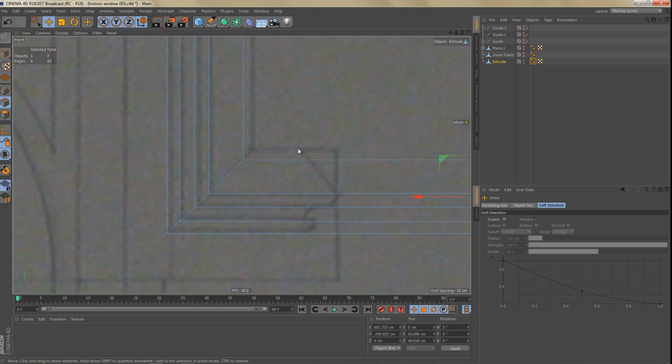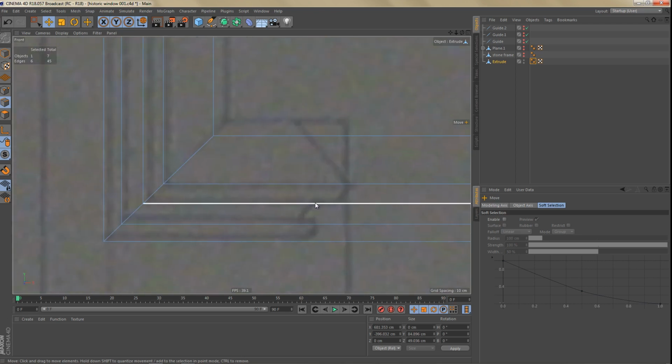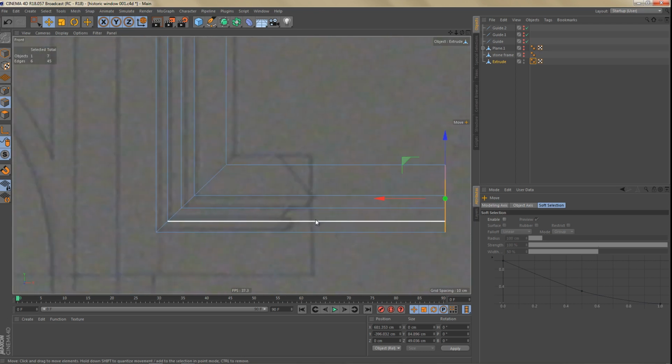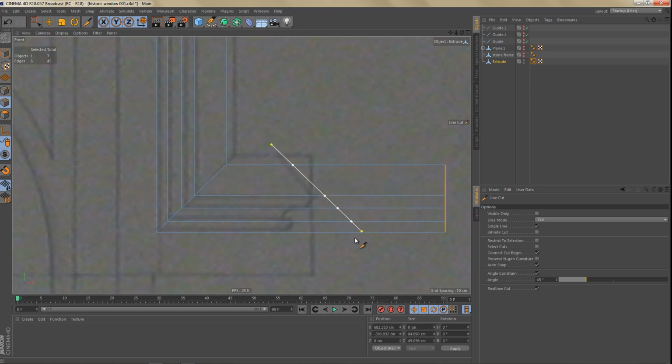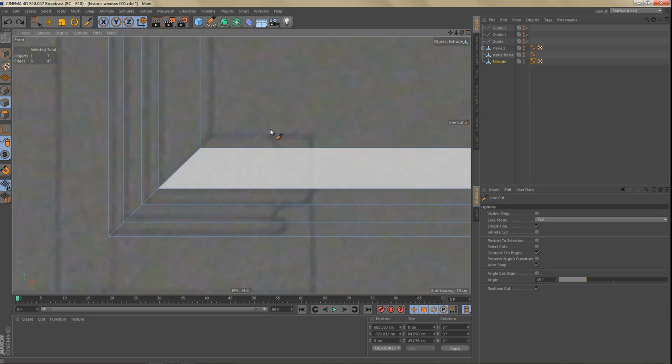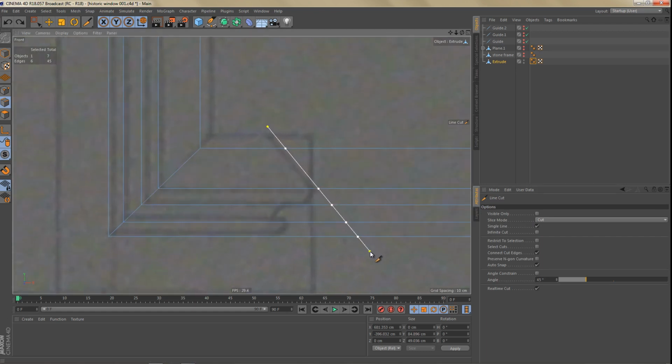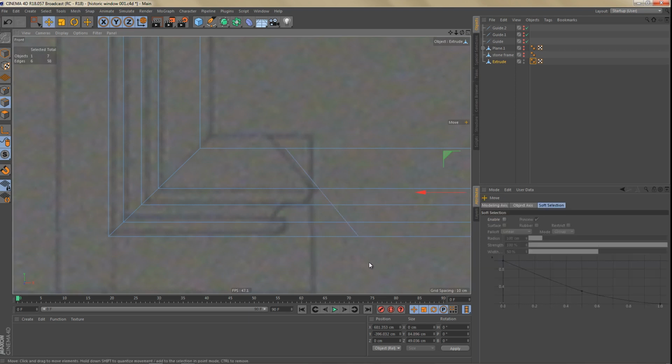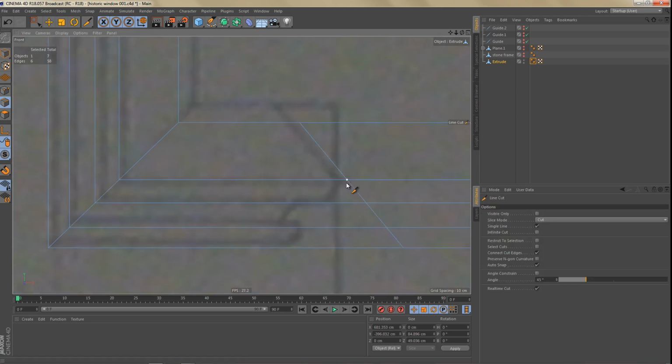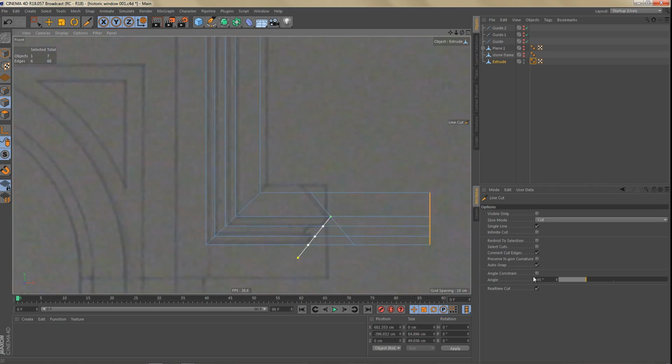In order to create these slanted surfaces, we need to make a couple more cuts, and we also have this cutout here. So we're going to have to add a couple more edges. So let's switch back to the line cut tool, and maybe let's switch off angle constraint and just eyeball this. So we're going to make a cut like this, and then let's make a cut down like this,